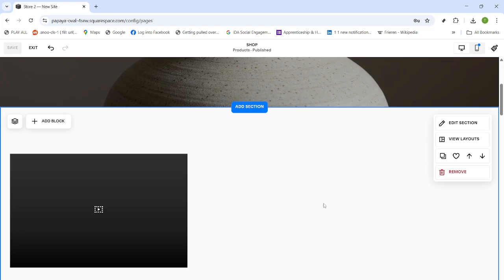That's it. You opened your site, went to Pages, edited the page, added a blank section, inserted a video block, added your video by upload, library, or link, adjusted autoplay and loop in the block settings, and saved your work. With these steps, your Squarespace page now features a clean, continuous